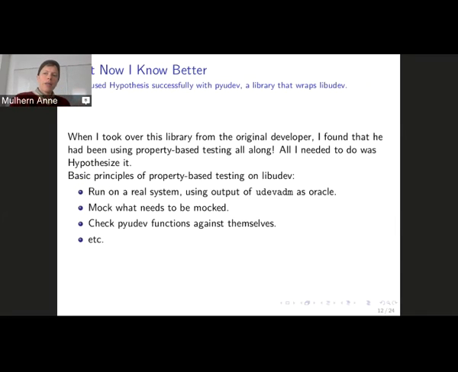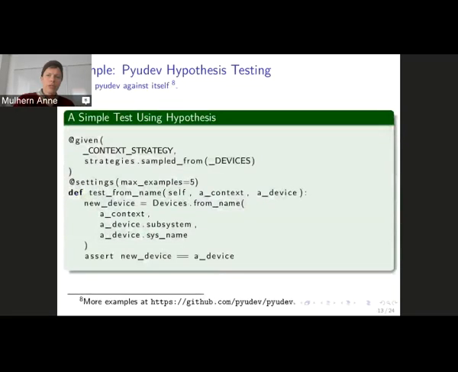And I thought it would be good to Hypothesis-ize it because of a couple of significant problems. Even though this was really great and it was well done and really opened my eyes to the possibilities of property-based testing, there were some issues, and I went ahead and Hypothesis-ized it.